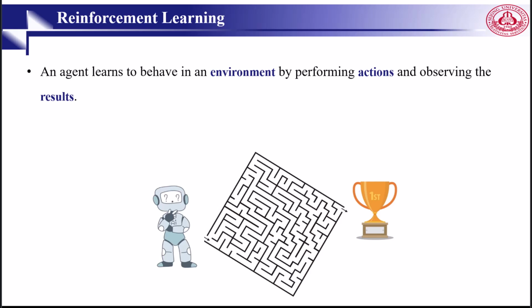So in reinforcement learning, we mainly try to train agents. Our agents learn how to behave in an environment. How? By taking proper actions. Then they observe the results. An agent can be a piece of code, an algorithm, a player, a robot, or a car. So once again, we have agents. An agent operates in an environment by performing actions and observing results. The agent perceives a state, selects an action, receives a reward, and transitions to a new state, and continues this loop again and again. So the objective is to discover behavior that maximizes cumulative long-term reward, not just immediate payoff.